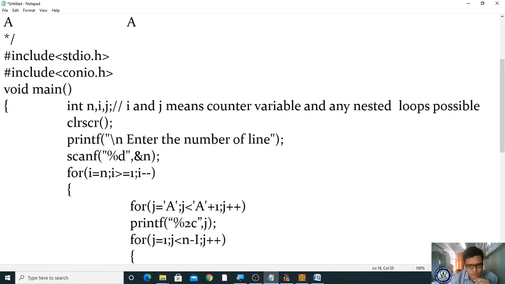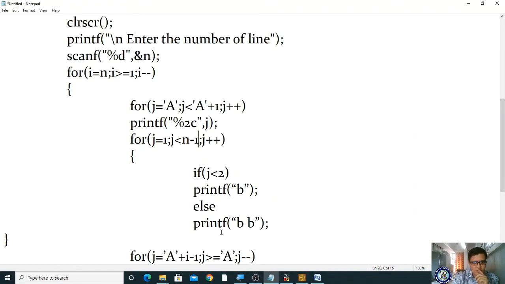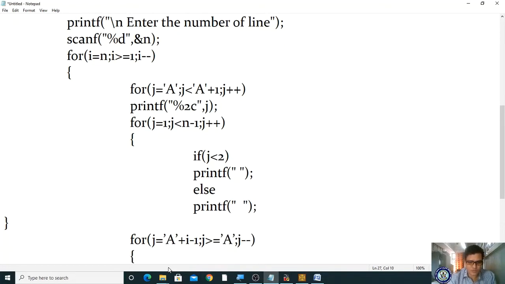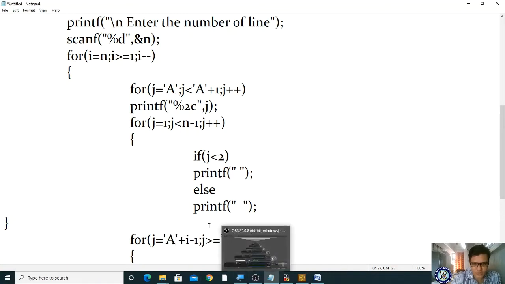Okay, now we will understand this concept carefully. If you don't pay attention, then it becomes a problem to you only. Okay, so here it is, blank space. B means here blank space. Okay, one blank space. Here double B means two blank spaces, that's all. Yes, that's it. Now I will explain what exactly happens. You have to give more attention on this topic.